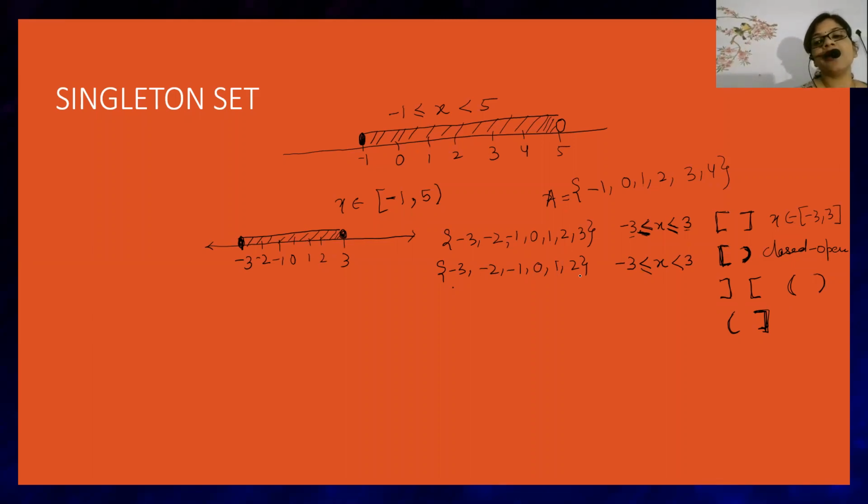So how will you write it? You will say, auntie, then how to write this one? Then you will write it as x belongs to closed interval -3, but from the 3 side it is open. So when the 3 side is open, that means it is not including. When the 3 side is open, that means what? It is not including beta. That means it is exactly open from that side.